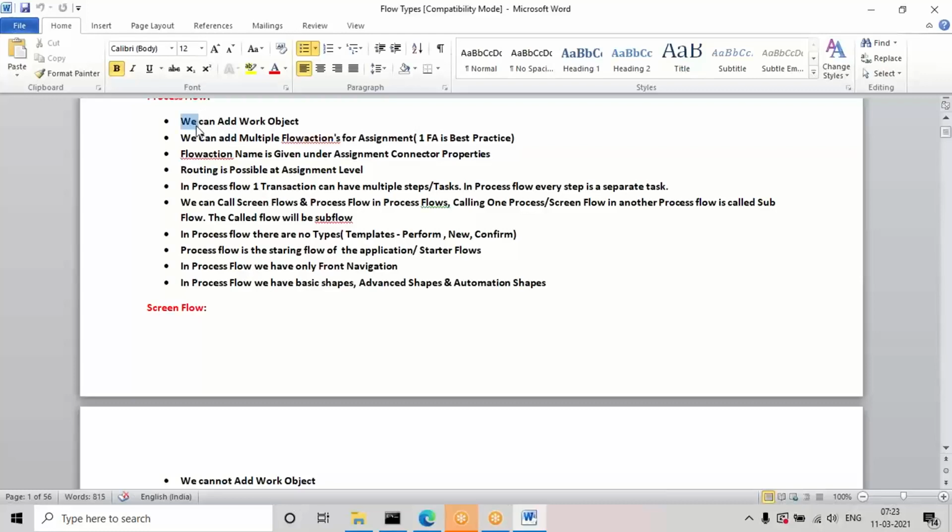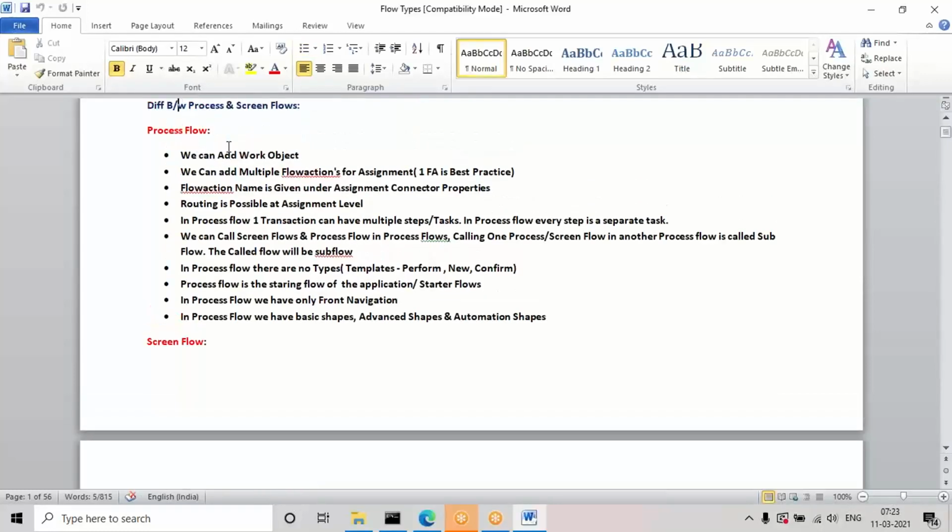We can add a work object for process flows, and in a process flow we can add multiple flow actions for an assignment, but one flow action is best practice. Even though we can have multiple for an assignment, mostly we add one only, but in screen flow strictly only one is possible. More than one is not possible in the screen flow.